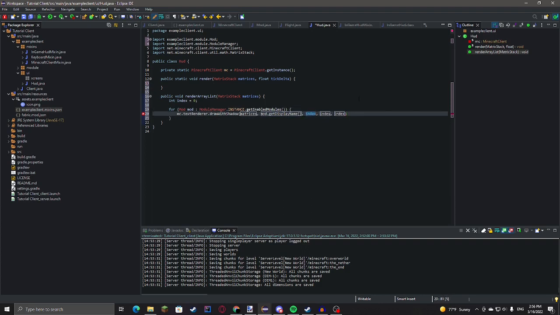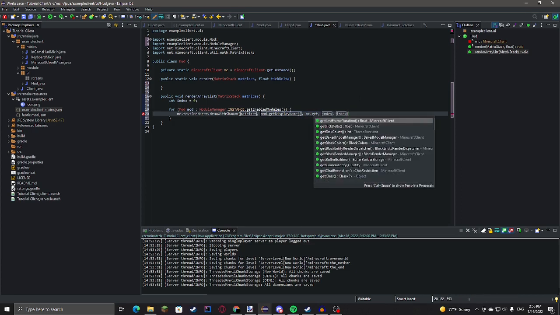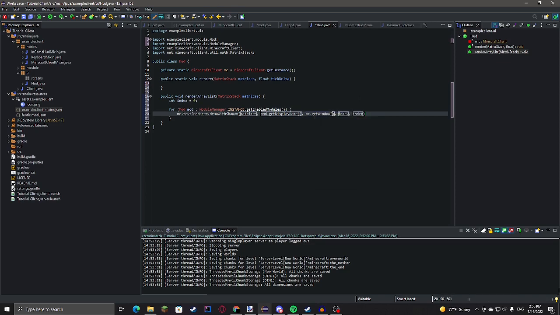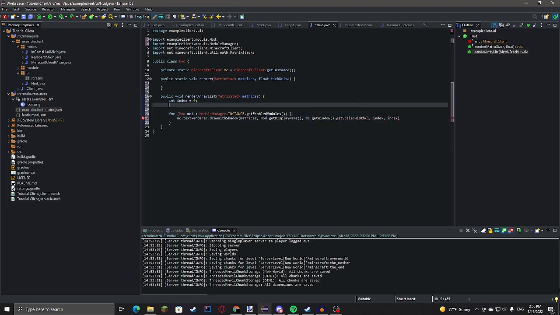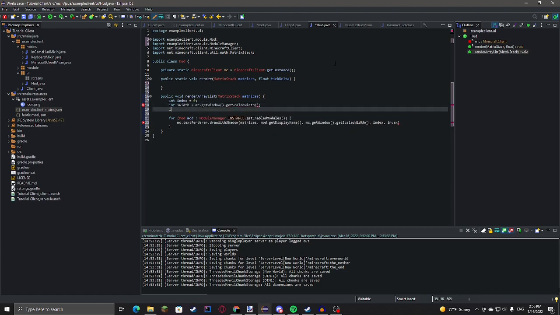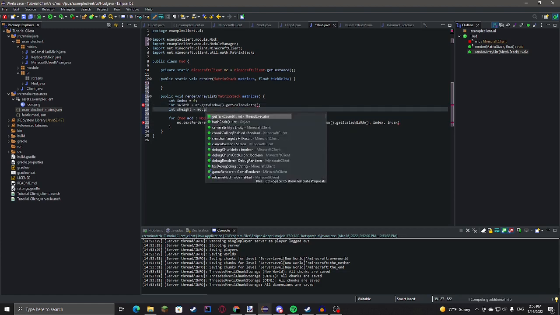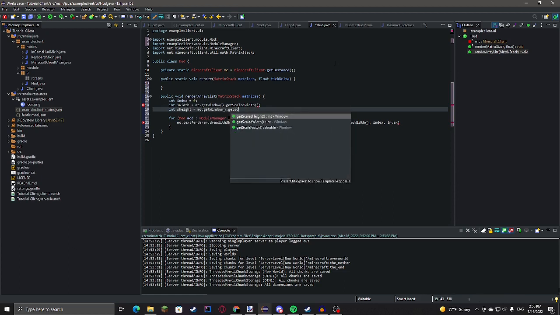and then we want this to be on the right of the screen, so we do mc.get window .get scaled width. I'm gonna create a thing real quick that's just int s width equals mc.get window.get scaled width, and s height equals mc.get window.get scaled height.